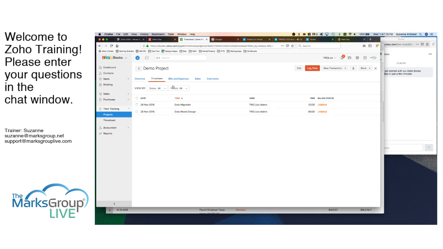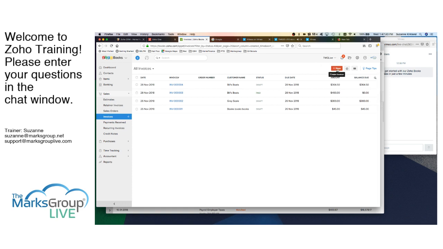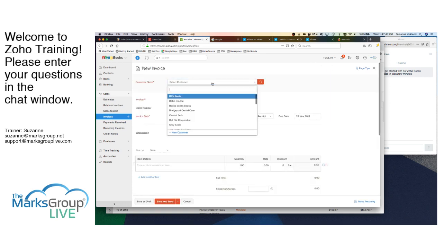Okay. So the nice thing about this is your users can just, if there's tasks and these are all billable to the customer, they can come in, log the time they did on the certain task, add more descriptive information. And then again, when I come to invoices and I create a new invoice for Bill's Boats,